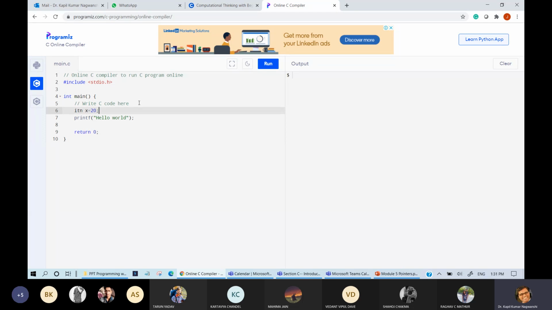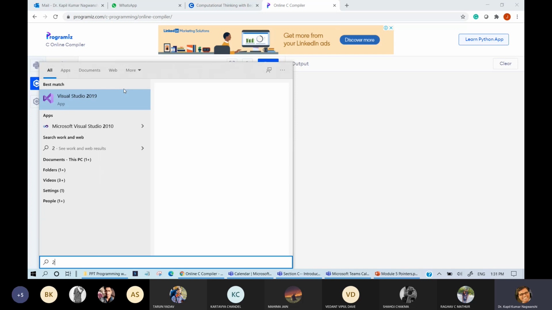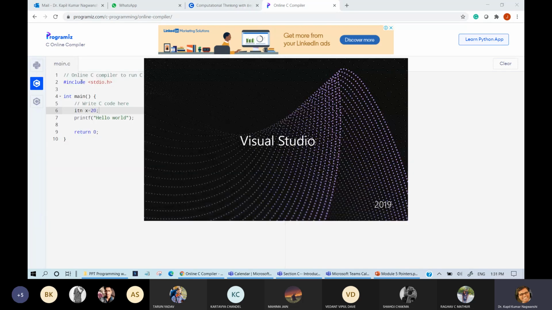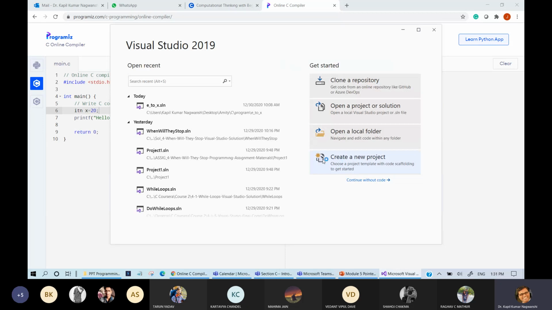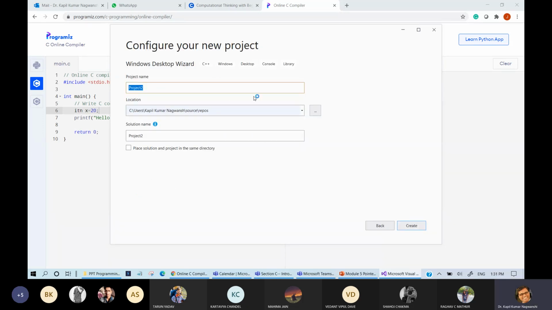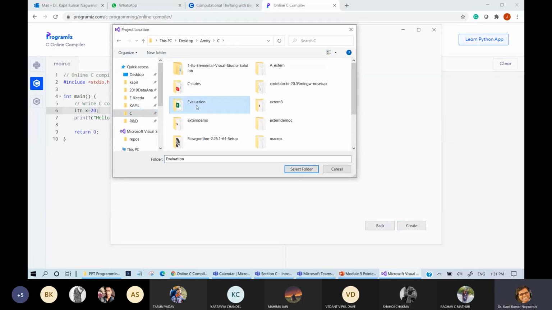Fine, and it is much better if I am using Visual Studio 2019. So it will give you a great view about this pointer. So let us create a project named pointer, and this will be stored at location program. So where is program?